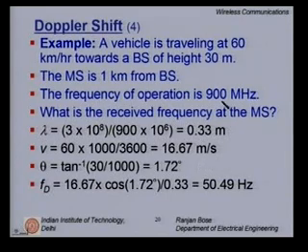Please note, if we make the base station taller and taller, so this angle will increase and this cos value will decrease. So your effect will go down. However, if the base stations are at the street level, not very tall, in microcells and macrocells, then your Doppler effect might become more pronounced. So it depends how tall your base station is.